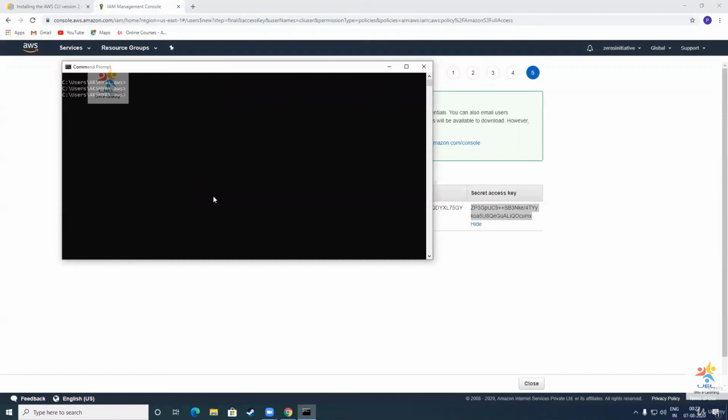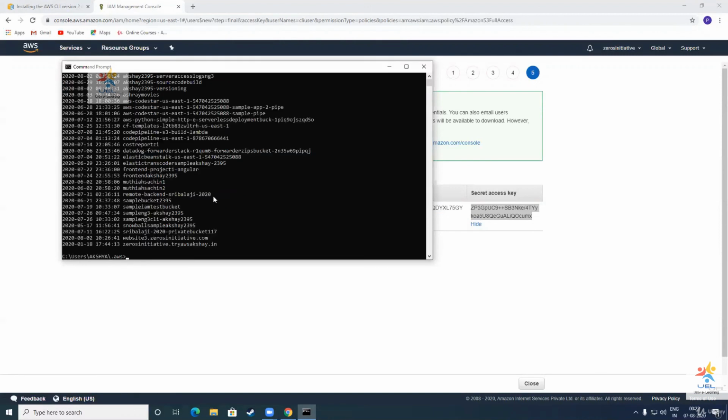So let's now start typing an AWS CLI command in order to just check whether we have access to S3. The best way to check that is just by typing aws s3 ls. And when you hit enter, you should be able to see the list of all the buckets. Brilliant. We are able to see the list of all of the buckets. So that means the AWS CLI is configured. We are ready to get started with any kind of CLI commands that we are going to do in the course. So I hope this was insightful for you guys.